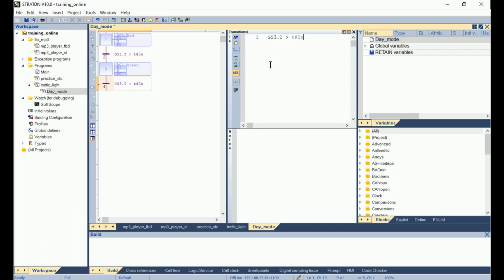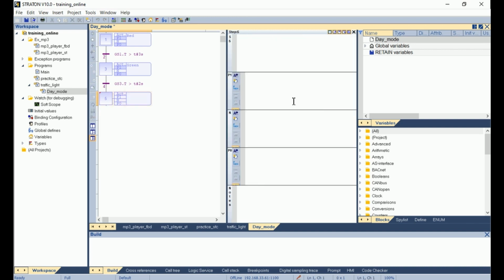I add a last step for the yellow light with S, and I do the same as for the other lights. B yellow double point equal true semicolon in P1, and B yellow double point equal false semicolon in P0, and here in the note yellow.